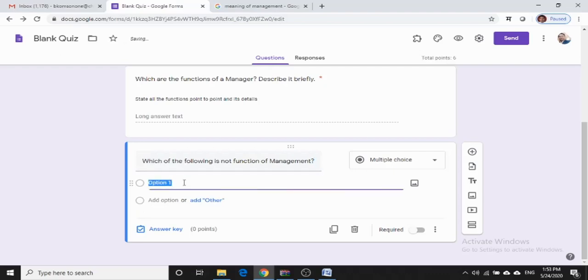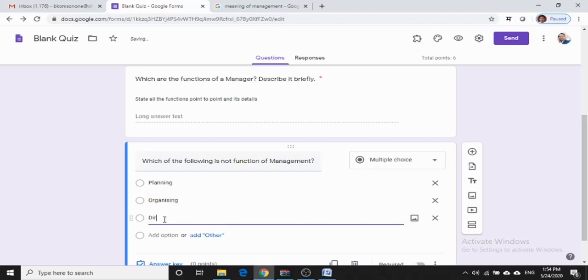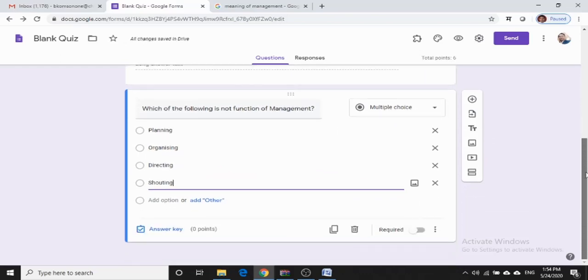Then the first option may be planning, second may be organizing, then directing, and shouting. Now in the multiple choice question, we can give the multiple choices to the student, and we can give